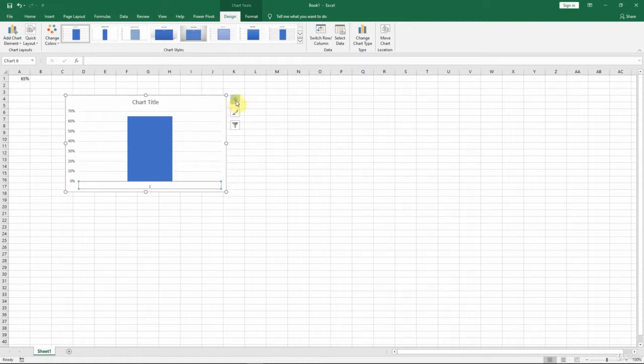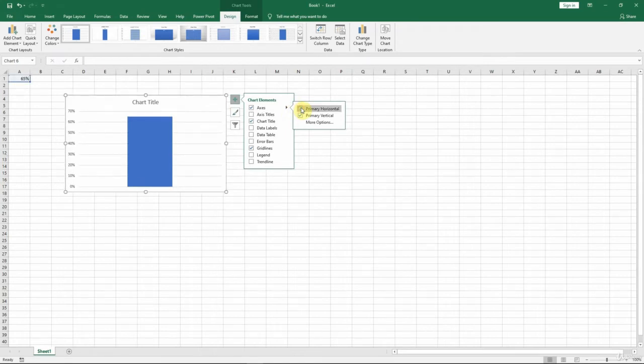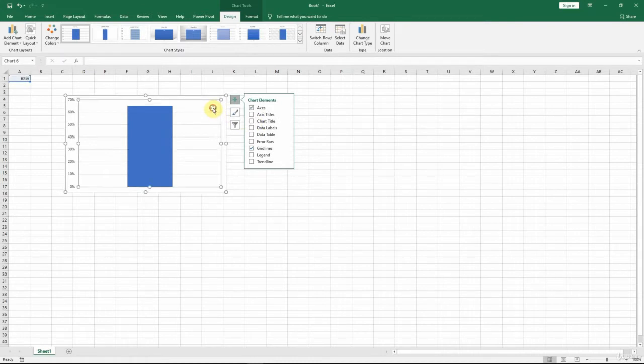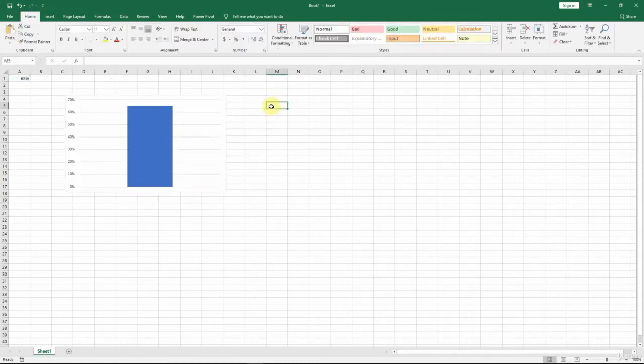To eliminate mistakes, let's hide some elements that we won't use. Click on this Chart Elements button. Let's uncheck this primary horizontal axis and the chart title. Now make sure that you click outside your chart somewhere here. Let's go to Insert